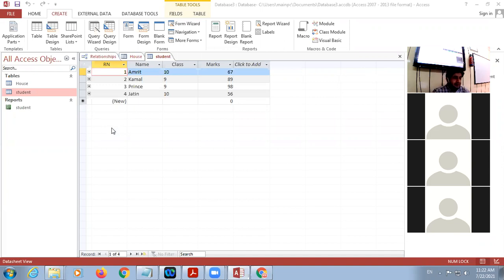These are the methods, but in your book there is discussion about different types of queries. Normally we have the select query, in which we can retrieve data from one or more tables and simply display the data. There is no criteria, there is no condition. So this is called a select query.